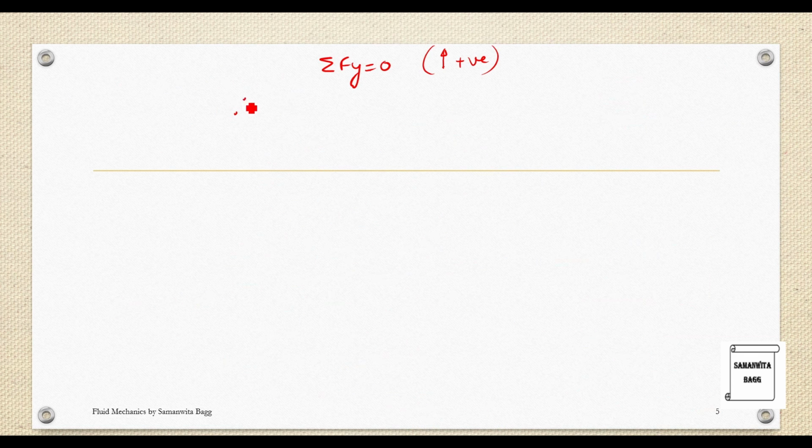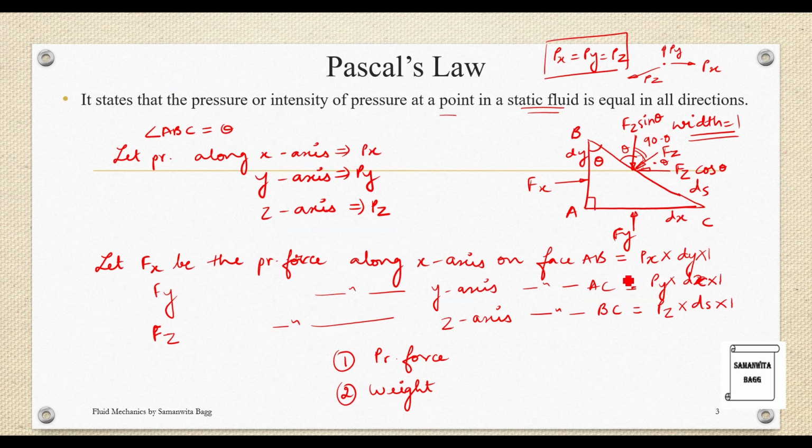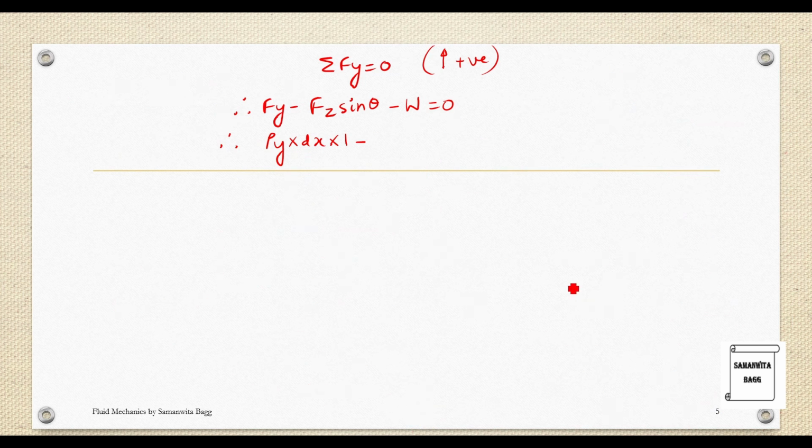So I have therefore Fy minus Fz sin theta, and also there is a weight acting in the downward direction is equal to 0. So therefore we have found Fy as Py into dx into 1, minus Fz is Pz into ds into 1,